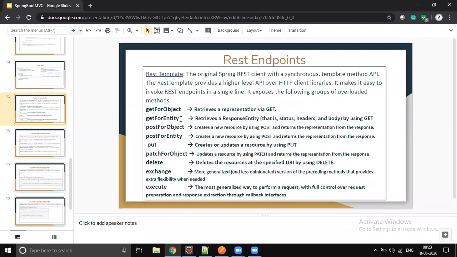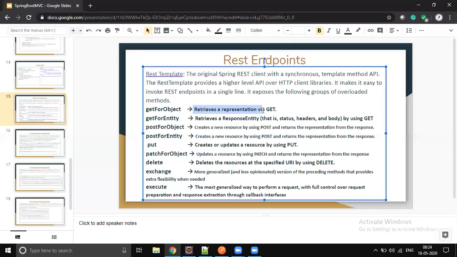But you don't need to prepare that HTTP request, create the HTTP connection, manage the connection, or prepare the header parameters. Those things you don't need to worry about. If you directly start calling this method, Spring will internally do that, preparing the HTTP request from a template. Spring will get the HTTP response back from the server, and that HTTP response will be converted into the desired response. The corresponding response.